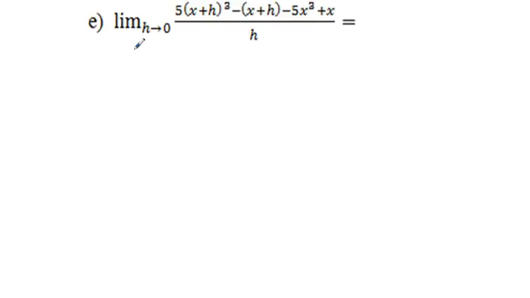The last one says limit as h approaches 0 of 5 of quantity x plus h cubed minus quantity x plus h minus 5x cubed plus x. And this is a definition of derivative situation here. And what you have is a situation where f prime of x is equal to the limit as h approaches 0,